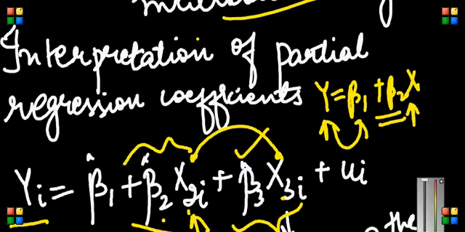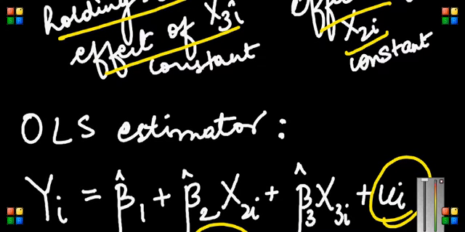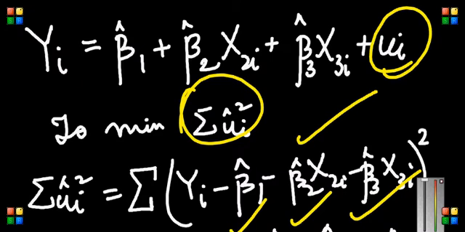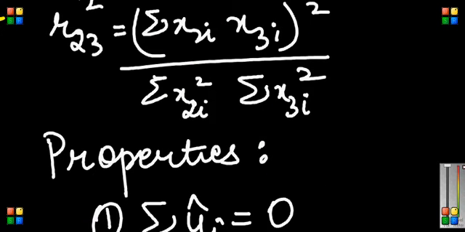Okay, so R23 basically tells you the relationship between x2 and x3, that is, the amount of variation in one variable that is being explained by the other variable. Alright, so after that, you might also have variables like R. So R23 square would be, so you remember that when I wrote R square,